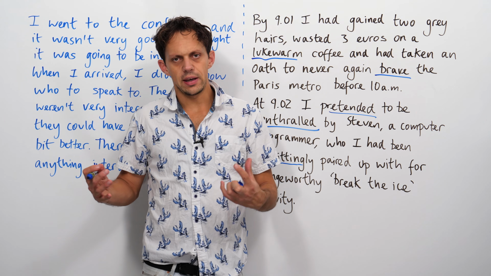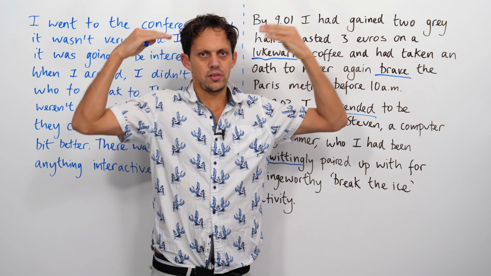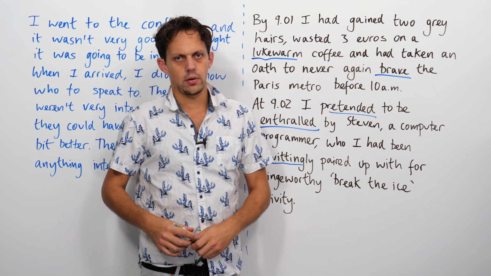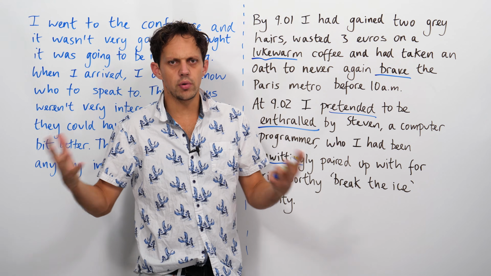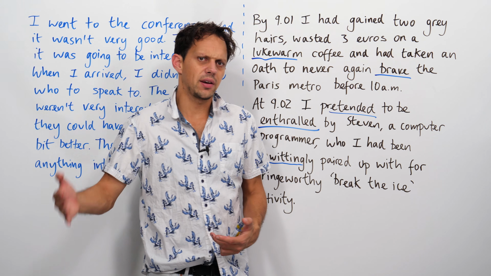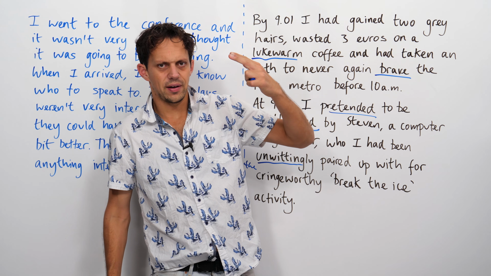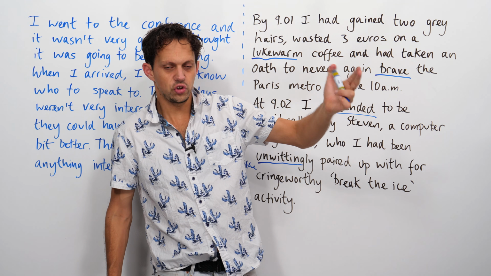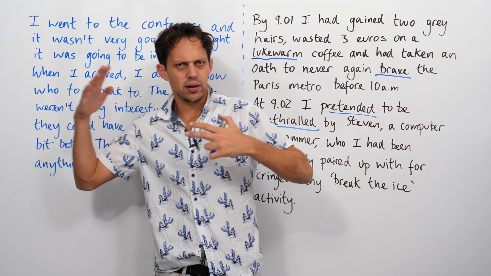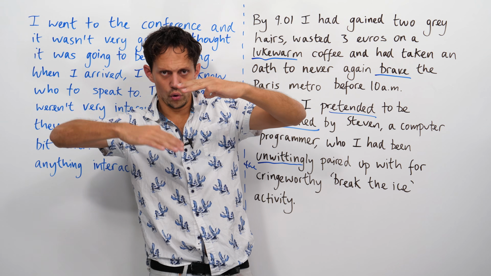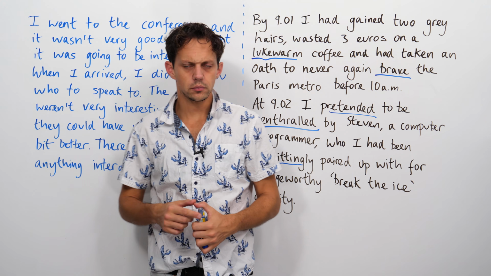So I'm setting a scene. Yep. I'm asking the reader to imagine this situation. I don't just say it was bad, so I left. I've got to describe it. I've got to make it real for the reader. And then I'm probably going to go into my point. So what is the point of the article? Conferences should be better organized. Why aren't more resources pumped into them? And then exploring my list of points in the order I have planned them.